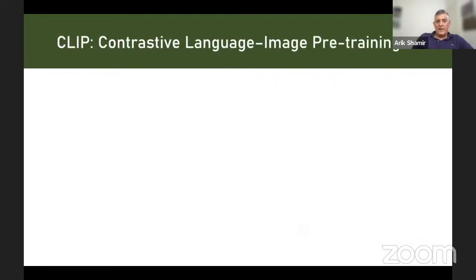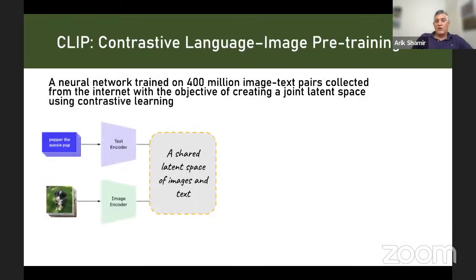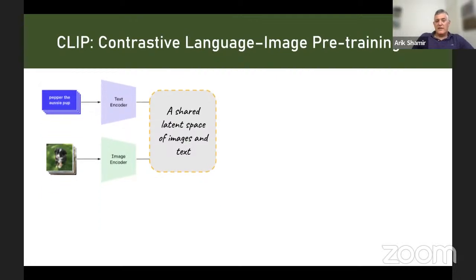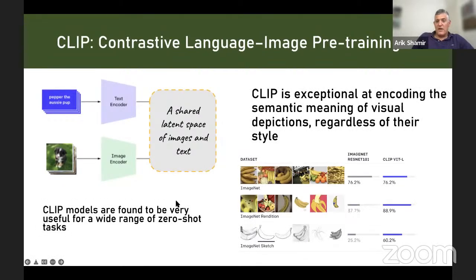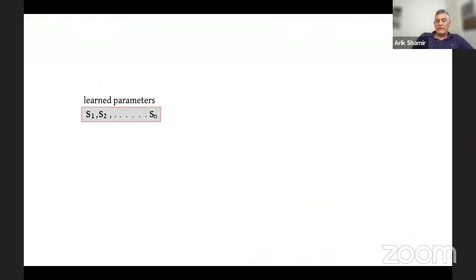Now, because of lack of time, I'm going to describe just a little bit what CLIP is. CLIP, in fact, is a neural network that was trained in a shared latent space of both images and text. It is very good at extracting semantics from images, and it can be used for various applications. In our case, we were using only the image encoder, and we were basically trying to minimize the loss difference between the sketch that was optimized and the image, using CLIP in two different representations.